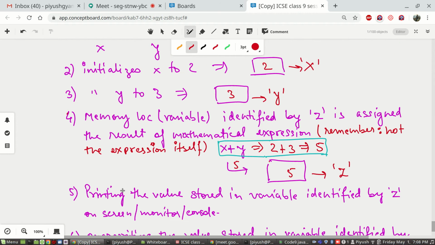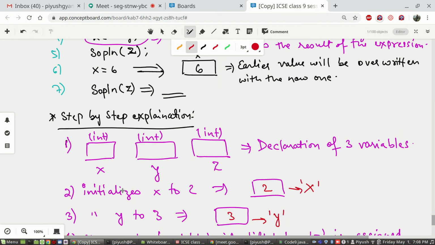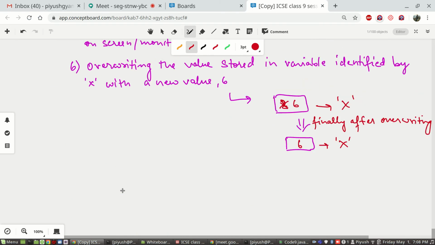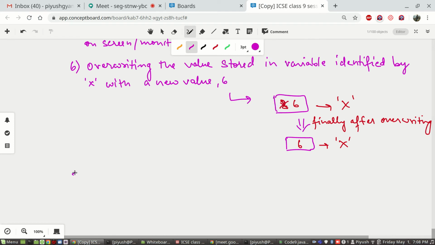Fine. Seventh statement, what you are doing is, you are trying to print z. You are accessing the memory location or variable identified by z.